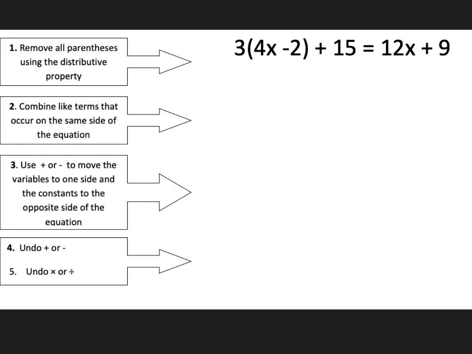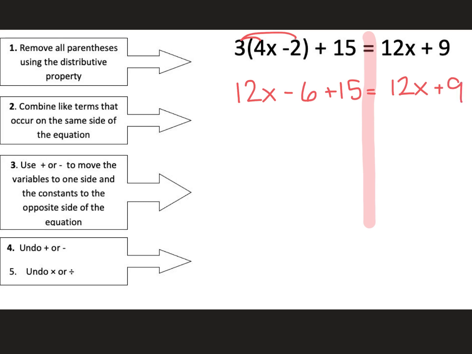So let's look at this one. I'm going to split my two sides of my equation, and I'm going to begin by distributing to get rid of my parentheses, which would give me 12x minus 6 plus 15 is equal to 12x plus 9. Secondly, I look for any like terms that occur on one side of the equation, and I see a -6 and a +15. So I just bring down my 12x, and -6 plus 15 would be plus 9